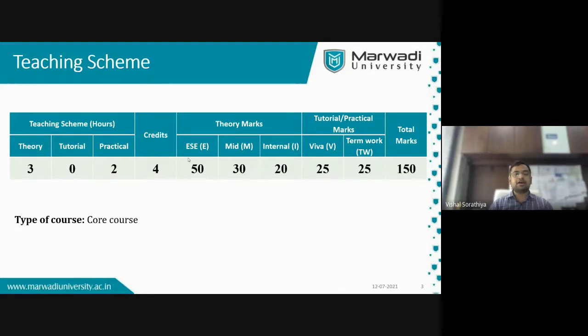ESE, end semester exam, mid-semester, internal, viva and term work. As I have told you, this is a departmental level subject, so there is no final ESE written exam at the end of the semester. We have a similar examination pattern to what you experienced in basic electronics and digital electronics.